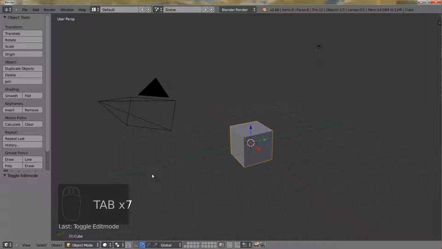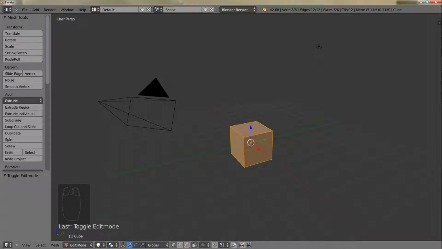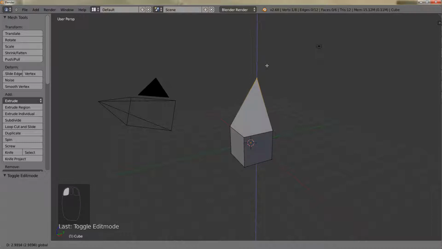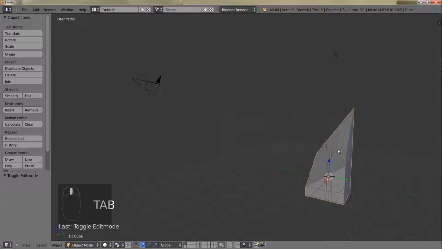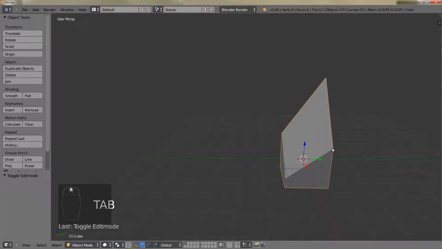So let's begin. When we change the shape of an object, let's change it into edit mode. What I mean is we're changing each of these points here. So we're actually changing that point. I want to make it a little taller, pointier. So it's not a cube anymore. It's not a geometric primitive anymore. So this is how people will create